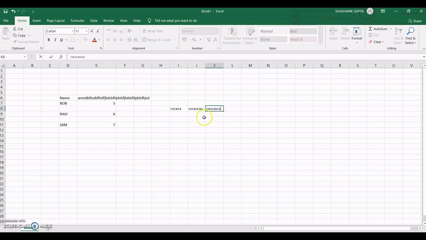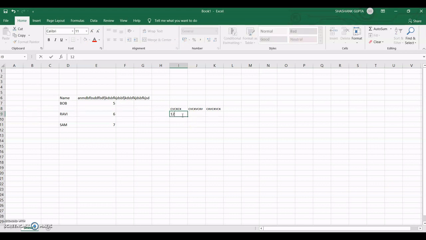If I'm talking about this cell, it is adjacent to the J column and the L column. So merge cell is a feature in MS Excel that allows multiple adjacent cells to be combined in a single larger cell.